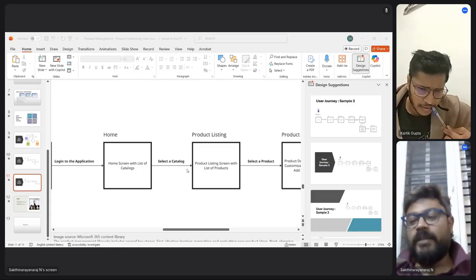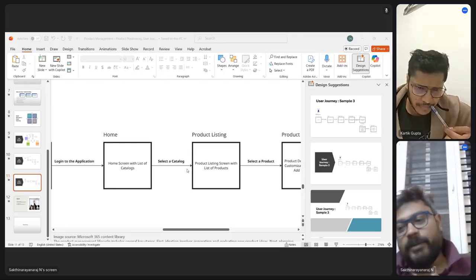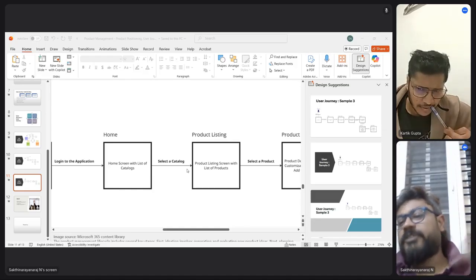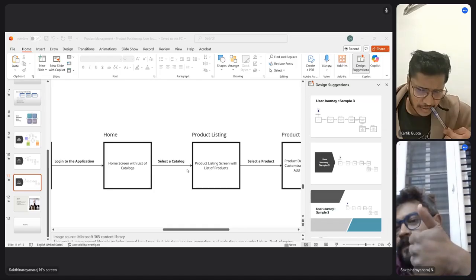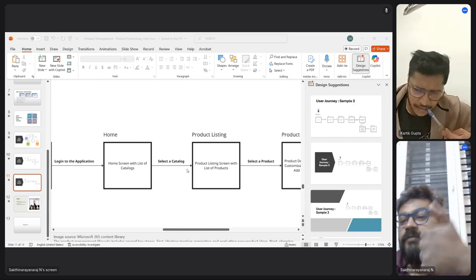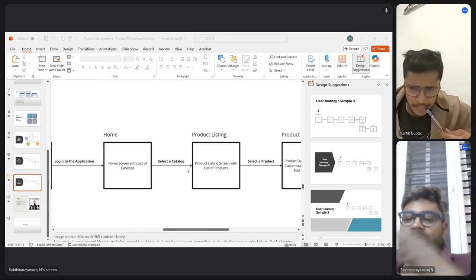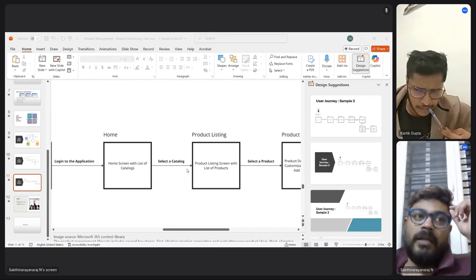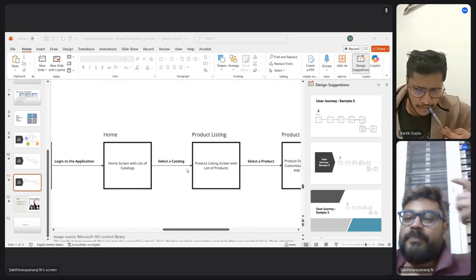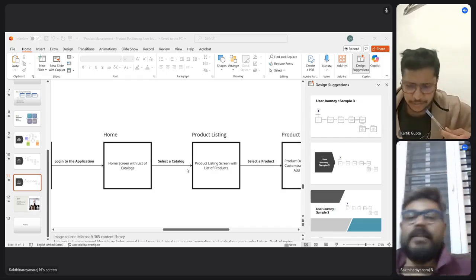Why we are talking about user journey so early is that we will be talking about this in product development also. But why I want to bring up user journey here is that we spoke about user persona, who the user is. We should also speak about how that user will interact. We spoke about the behavior or the need of a user. Here we are also speaking about the mindset, or how the user interacts with the product.